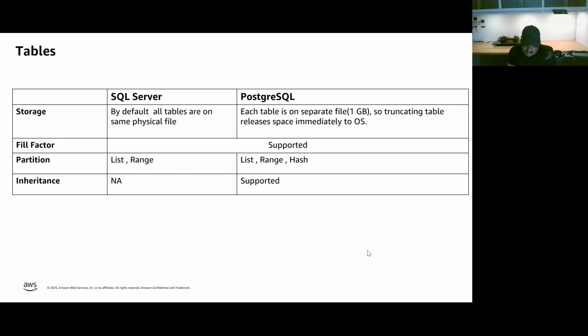And the partitioning. SQL Server has list, range, and I think there is one more type of partition that was introduced in 2019 or 2022. I'm not 100% sure because this is based on SQL Server 2016 when I made this presentation. But in 2019 or 2022, there might be another type of partition introduced. That I need to check. But Postgres supports list, range, and hash partitions. And SQL Server doesn't support inheritance because it's an RDBMS, but Postgres, being an ORDBMS, supports inheritance, which I covered in the first slide of this presentation.